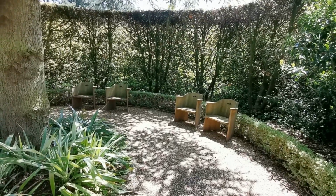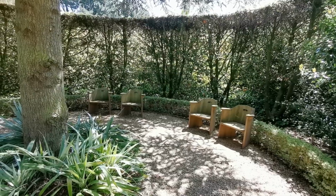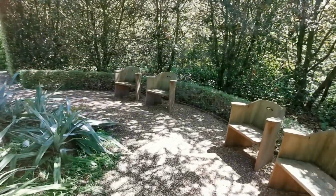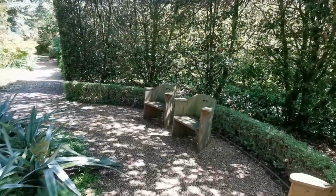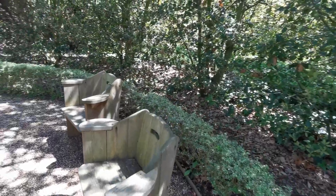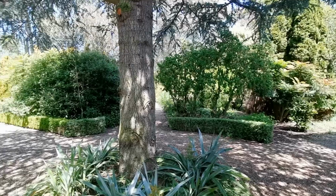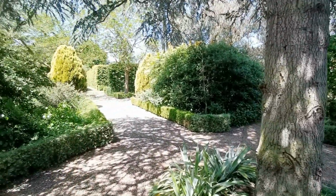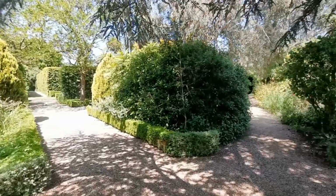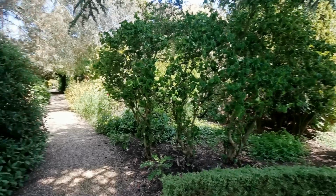Just look at the dappled shade on the floor here, formed by the very well pruned pine tree above us. But then to create this magical, quiet, round seating area. Variegated box, struggling a little bit here, not as lush as it is in the full sun. But again, off all these compartments, you've got these long avenues leading, drawing the eye through into the next area of the garden,